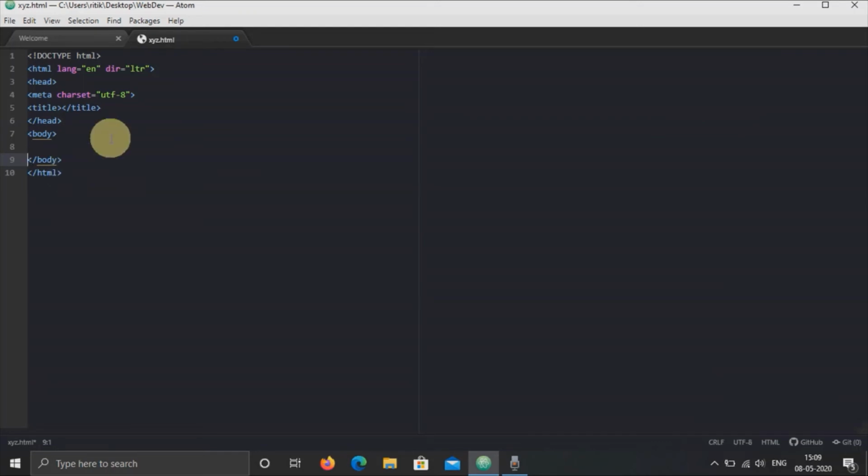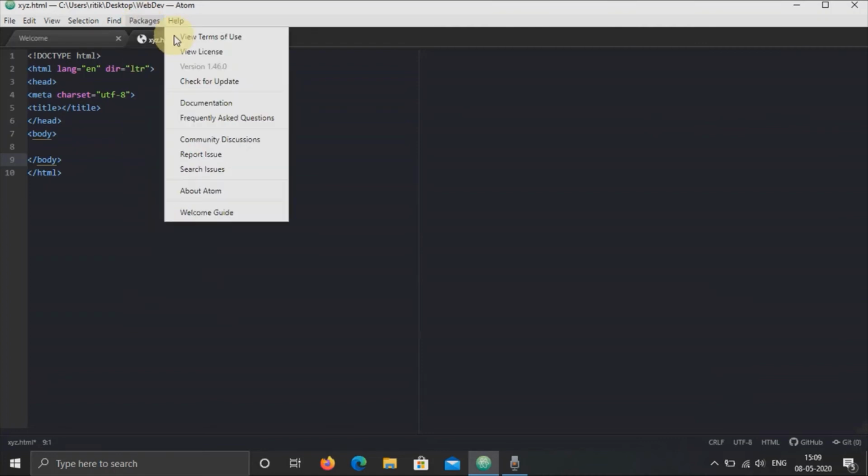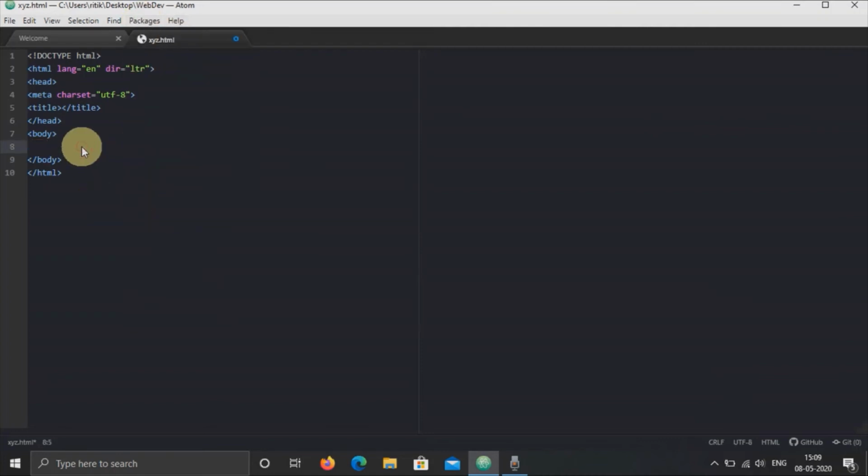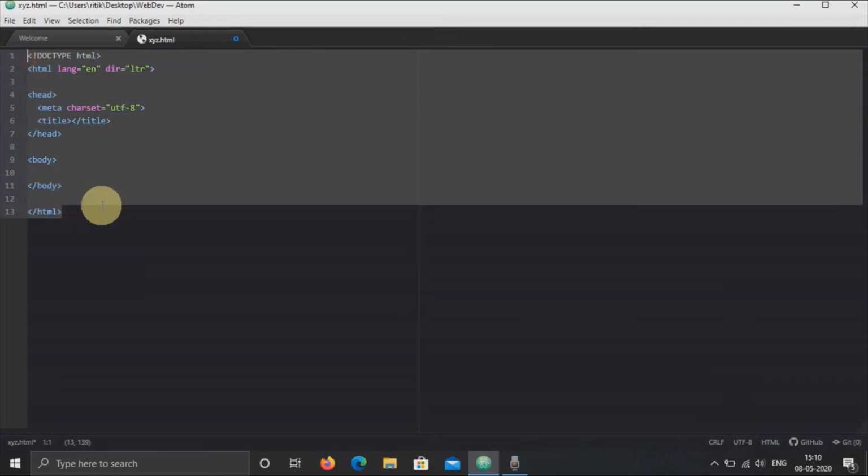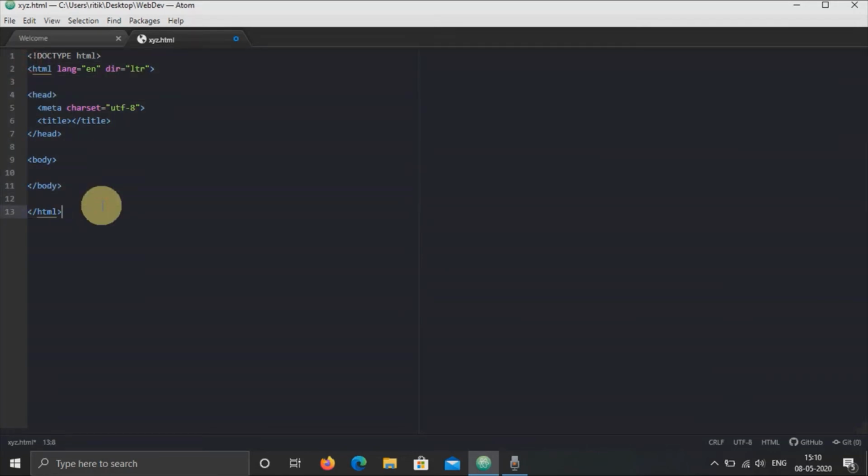To format your code, you can also download the package and use it from here, but I am going to use the shortcut key. I'll press Ctrl Alt B. Now you can see that your code gets formatted after using Atom Beautify.